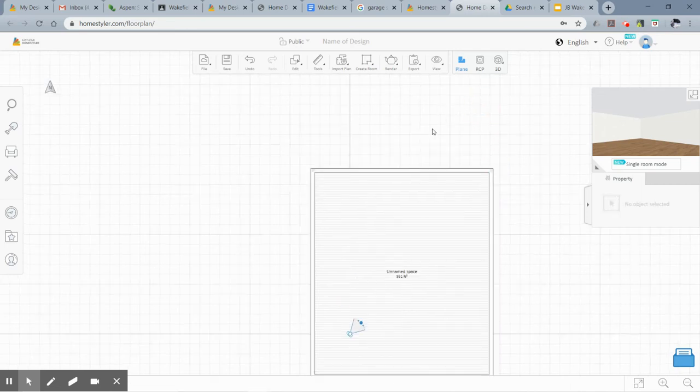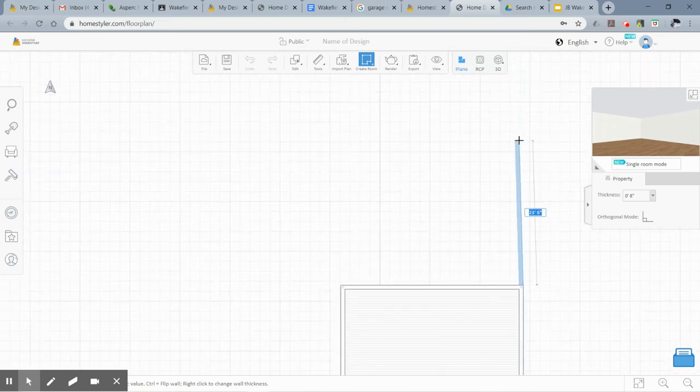All right. Now this does not include the garage space, so I'm going to draw another wall. Let's make this 8 inches, and that'll be the garage. I'm just trying to show you how to get a feeling for how big to make the designs. And now this is pretty much the whole front of our house,